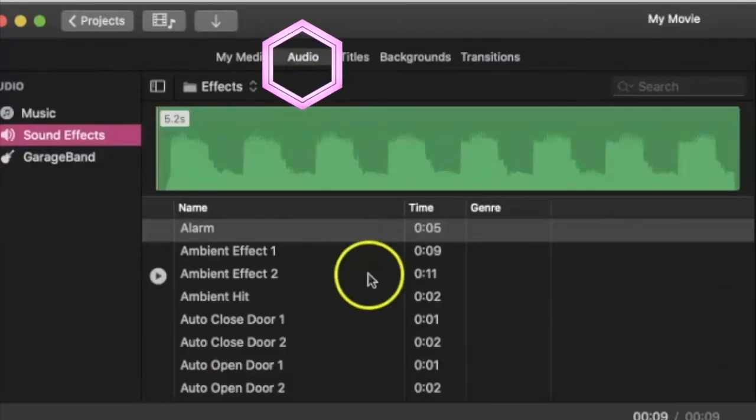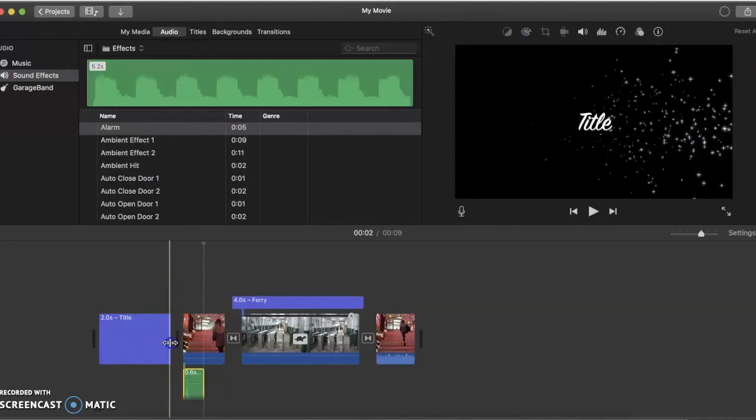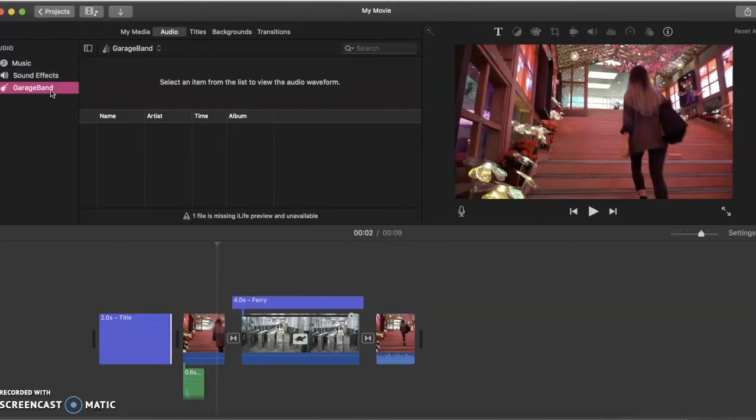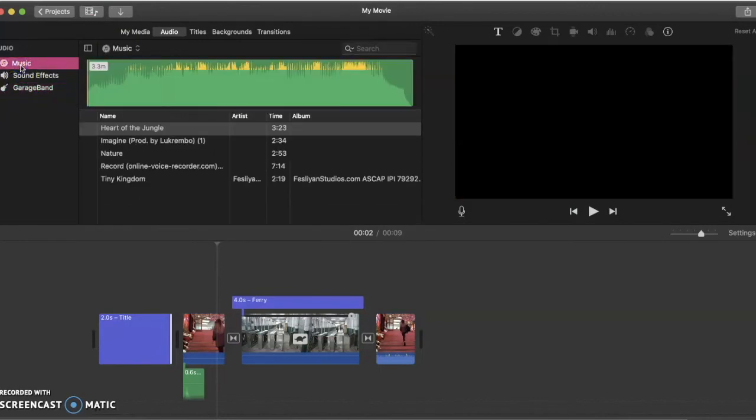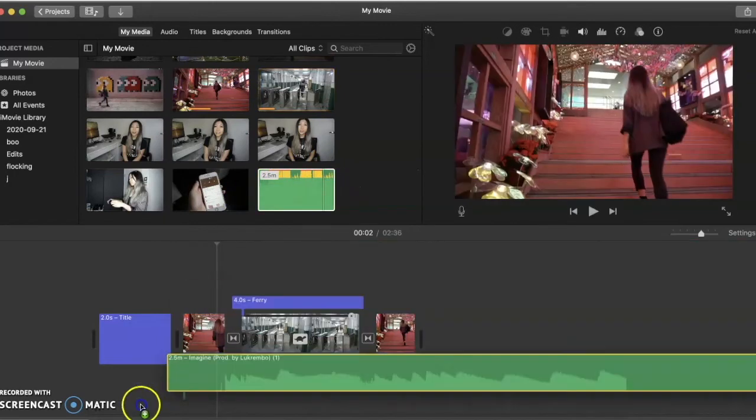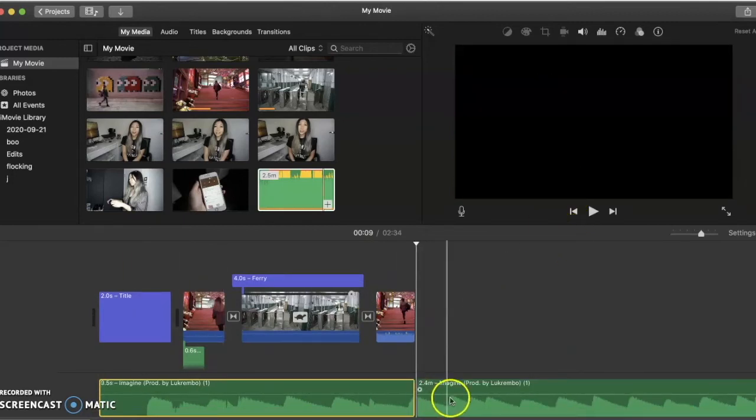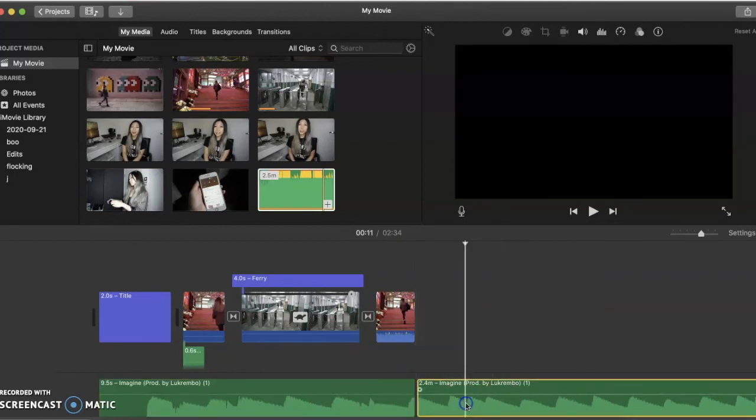Next, you will see audio. iMovie already comes with a lot of different sound effects. Once again, just drag the sound effect you want and drag it into your storyboard or timeline. You can also import music from GarageBand or from your iTunes. You can also download copyright-free music by importing the audio file into your library and once again dragging it to your timeline or storyboard. If your audio is too long, once again you can click on Command B to split